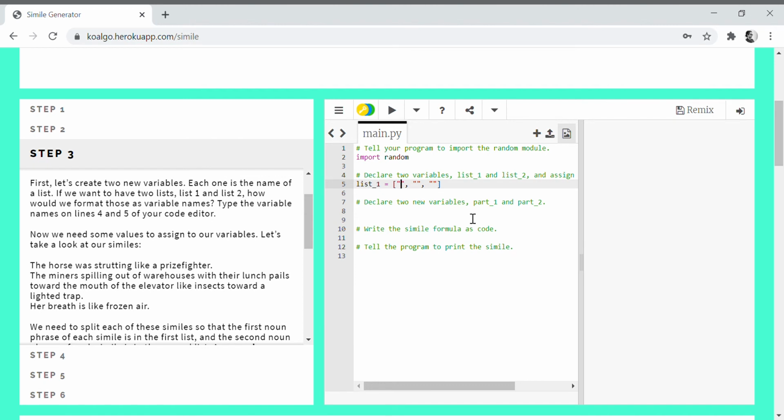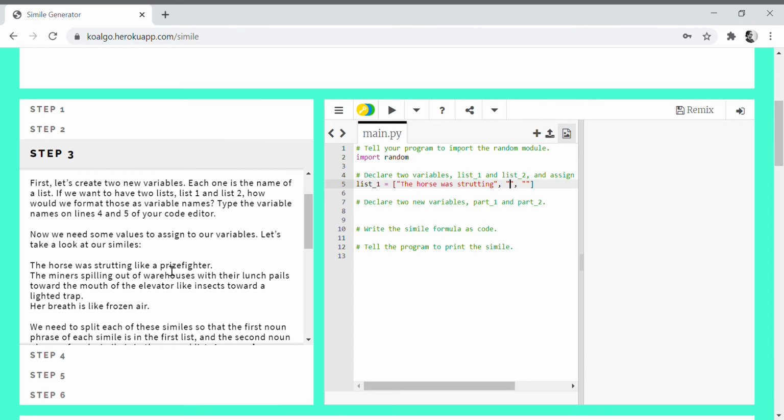So on line 5, now we're going to start splitting these similes. The first value that we need to have here is the horse was strutting. Okay, so that's the first noun phrase we're going to have. Note that that's the first noun phrase in our first simile.